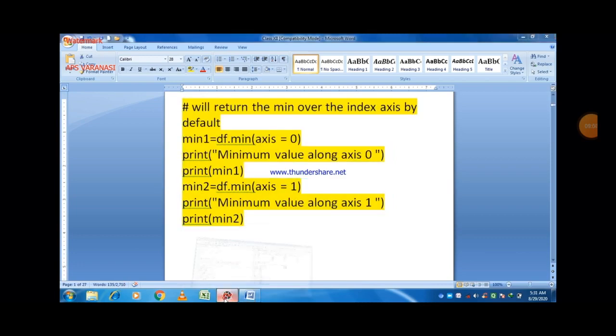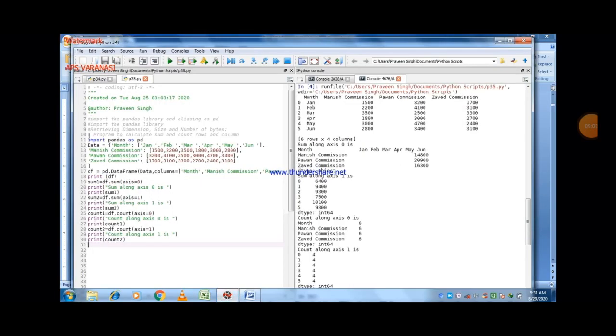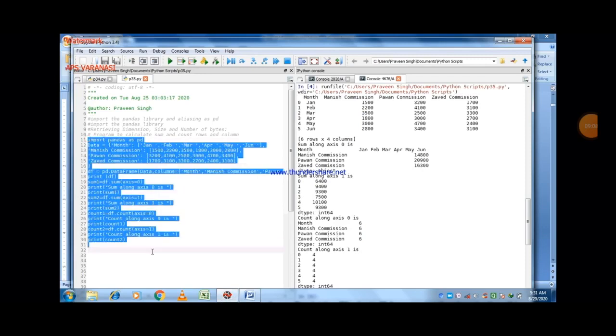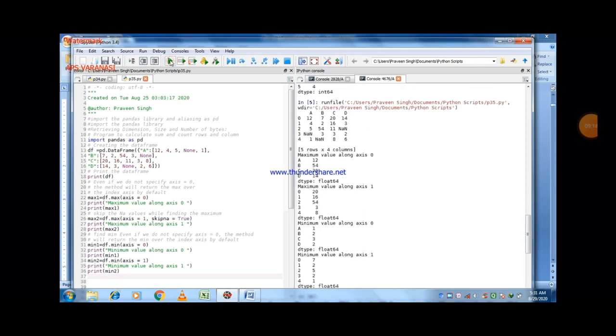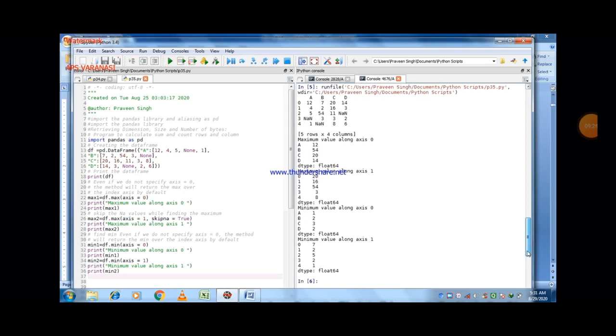Now execute this program. There is already a program here, so just replace it and press the run button. You can easily see that. Now that is the output. First of all, a data frame will be created as per the program.